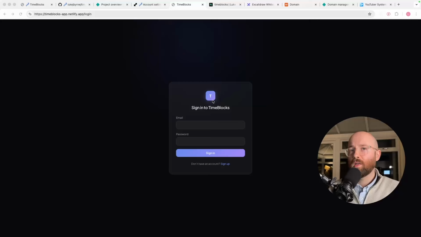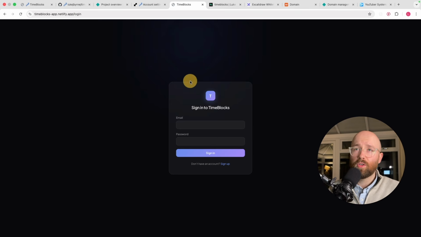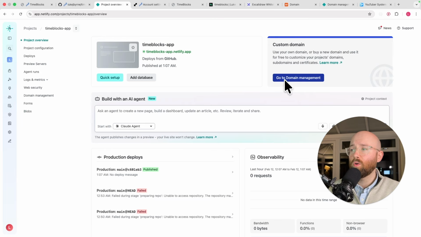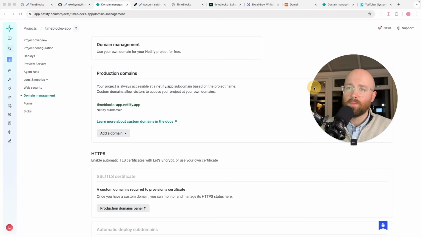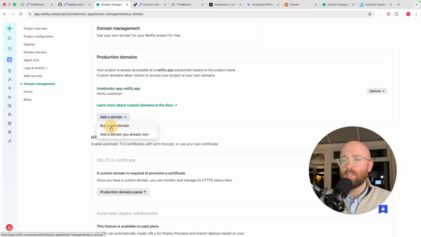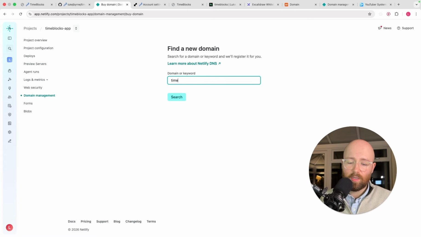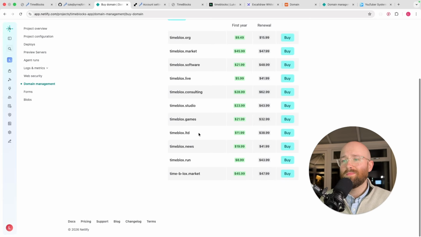Let's go. So the last thing you want to do is, instead of having this -app.netlify, you want to have your own URL. So if we go to, let me see, Netlify project overview, you can go to domain management. And from here, there's two ways you can get domains. So first of all, we can click on add a domain, buy a new domain. From here, we can go say time blocks. I think X is easier to type. We can buy time blocks dot all of these,